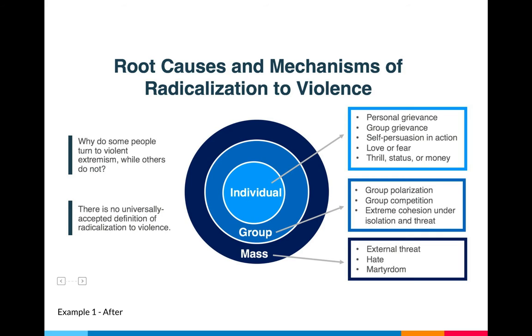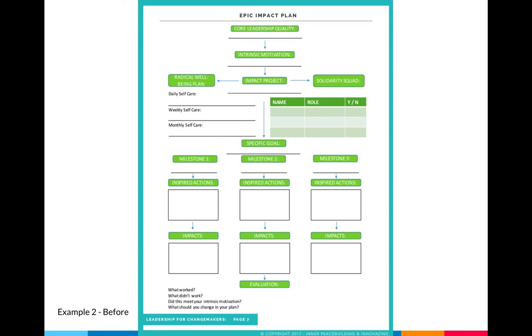And it's just a matter of knowing how to use that information in a way that the person that's going to be reading or learning will best learn from. This is an example of one of our tools actually here at Innovazing. It's called the Epic Impact Plan. It's basically like a leadership tool to help people put together an action plan. And we had a lot of issues with this version because, as you can see, it was hard for people to fill out some of the spaces. It was confusing. Some of the feedback that we got was that there's not enough space to write,